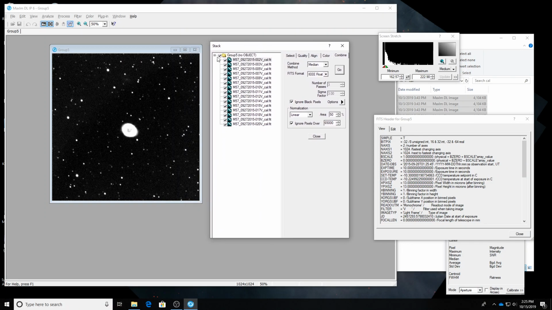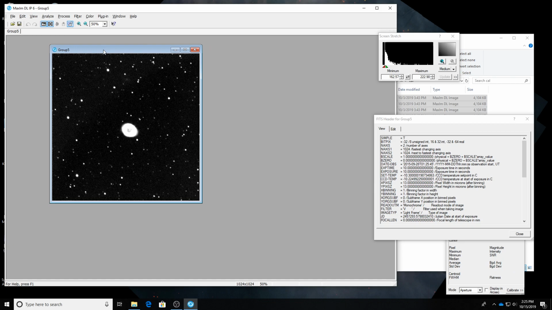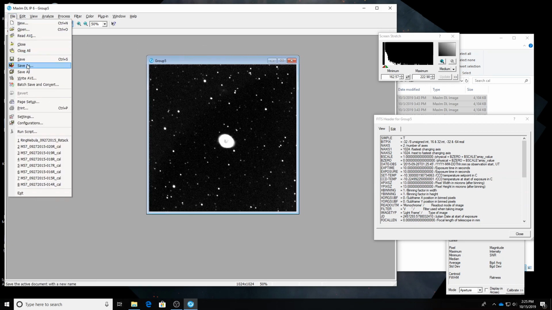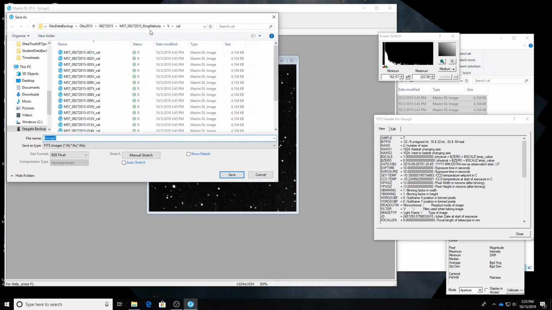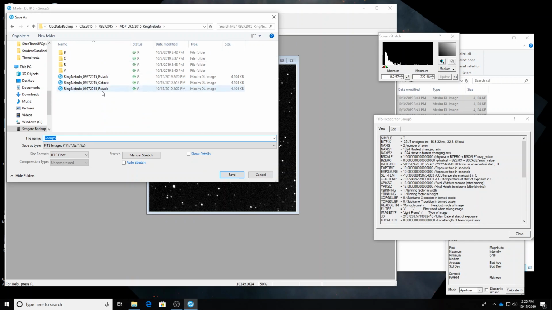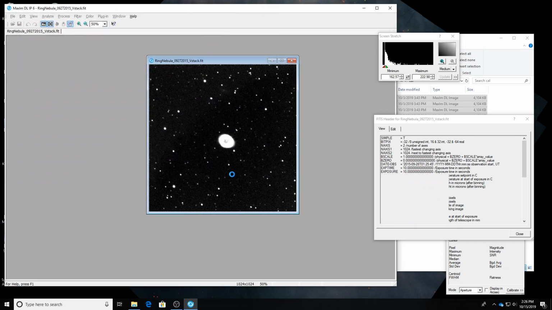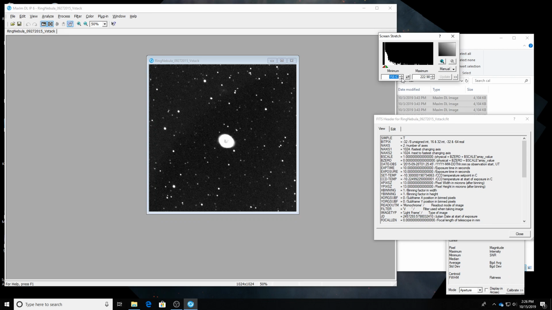And your product tells you whether you made good choices, and this looks pretty nice. Maybe it's a little bit not round in this direction, just a tad, but pretty good. Close. File, save as. Click on one of the other files and just change the name of the filter to V. Save. And just, to get an idea again of how much detail this captured,